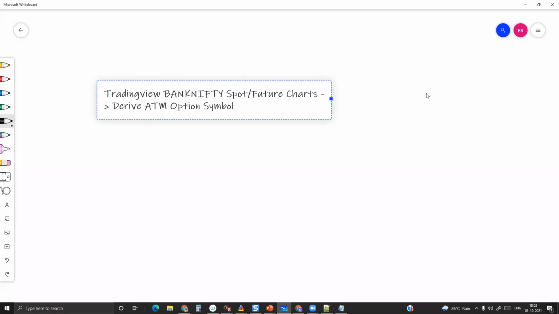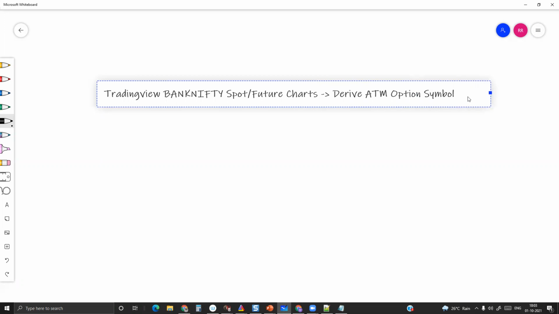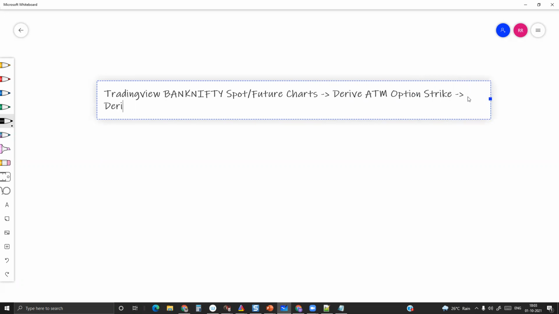From the option symbol, you have to derive your broker symbol. First you have to derive the option strike. From the option strike, you have to derive the trading symbol. What is the trading symbol? According to your broker, the symbol varies from broker to broker. So the trading symbol you have to derive.